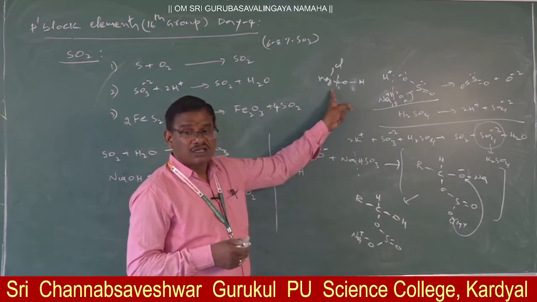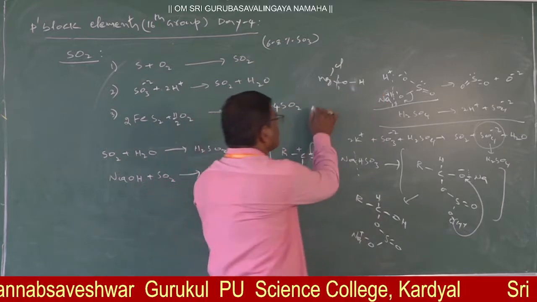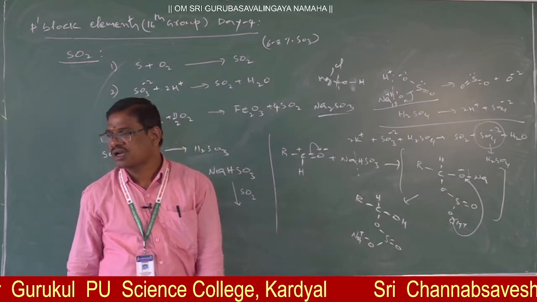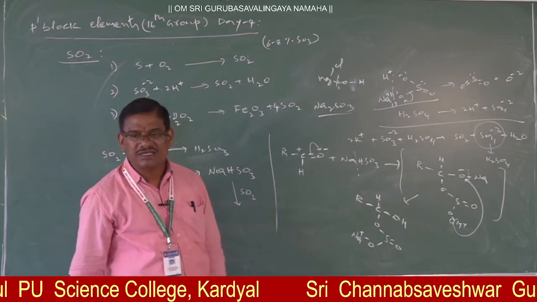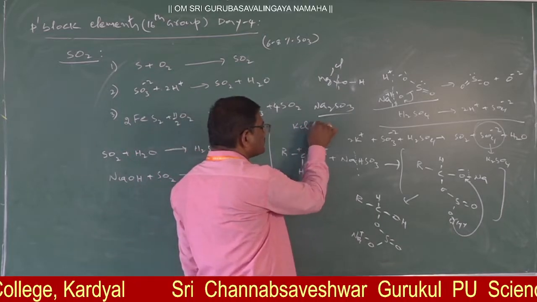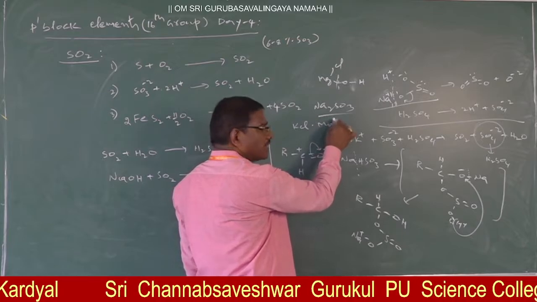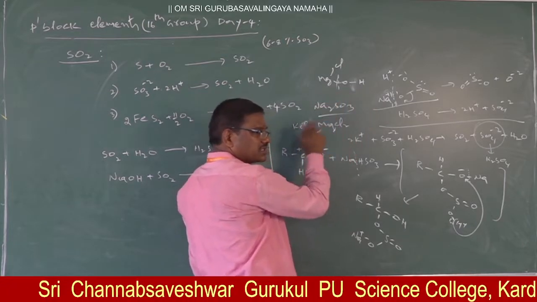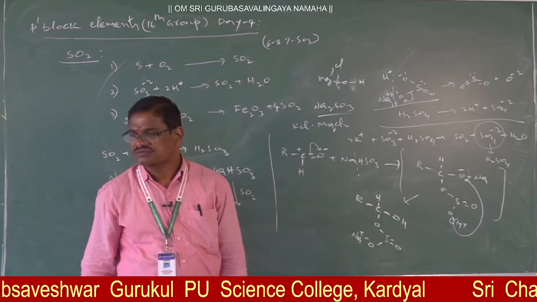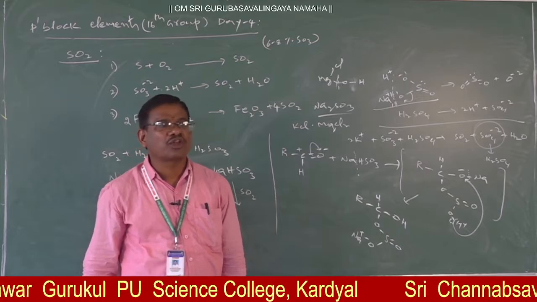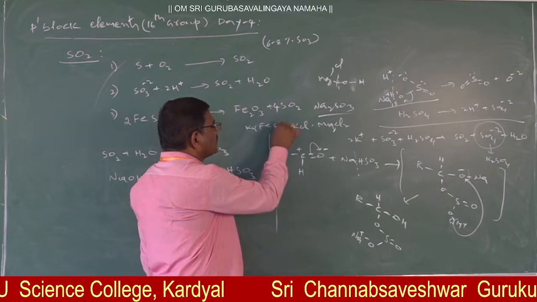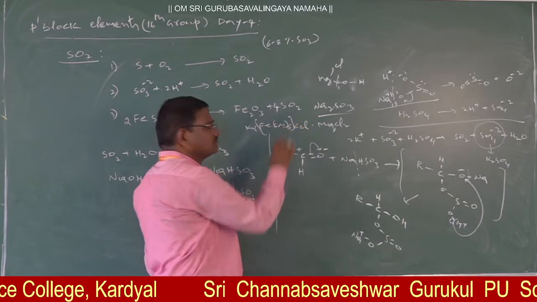So it is a basic salt, it is an acidic salt. Suppose if it is like this, Na2SO3 is a neutral salt, neither H plus nor OH minus, it is a neutral salt, correct? Mixed salts: KCl·MgCl2·6H2O, that is carnallite, and 3NaF·AlF3, mixed salts. Complex salts: K4[Fe(CN)6] is a complex salt.